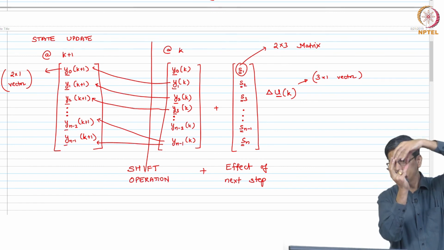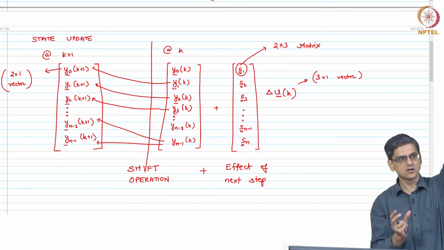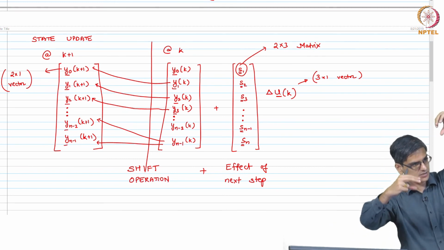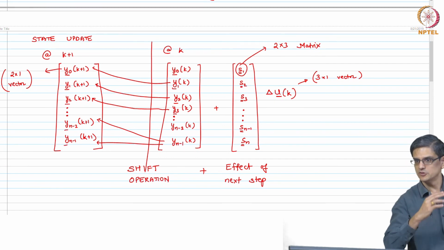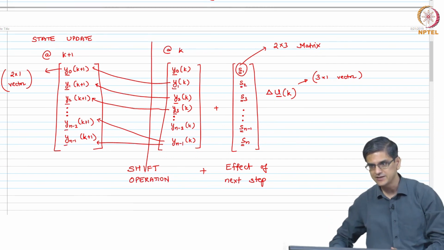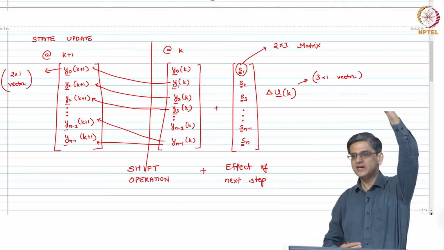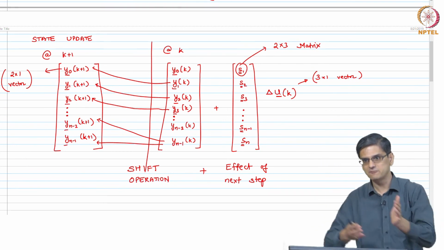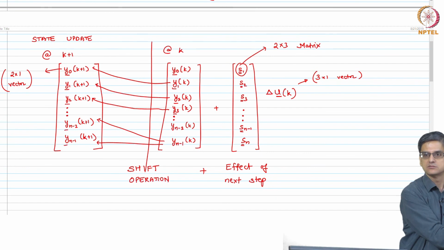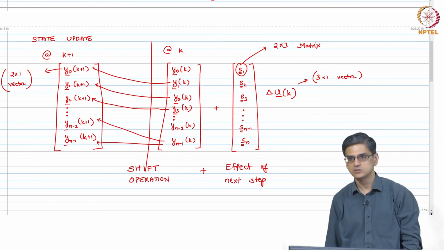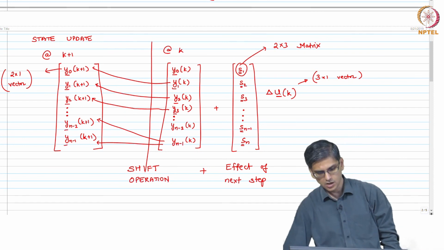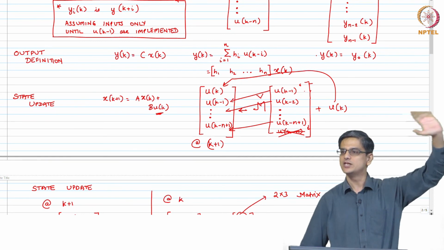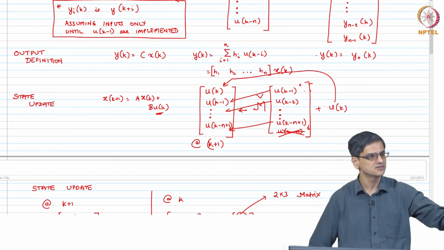Okay. So, you have a 20 vector, get rid of the top 2, shift the remaining 18 by 2, repeat the last 2 once again at the bottom, you are done with shifting, add it to a 20 by 3 matrix multiplied by a 3 by 1 vector, that becomes a 20 by 1 vector. 20 by 1 vector plus a 20 by 1 vector gets your new state. How do you extract your output? Simple, just the first two elements. Do not extract only the first element, extract the first two elements and you are done.